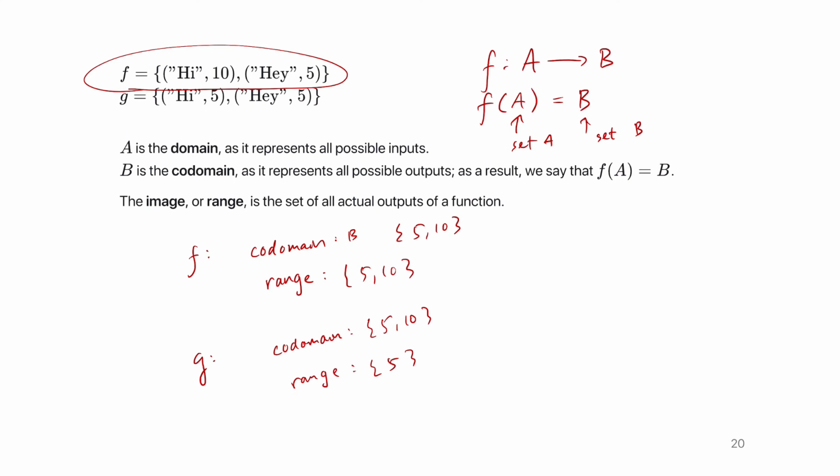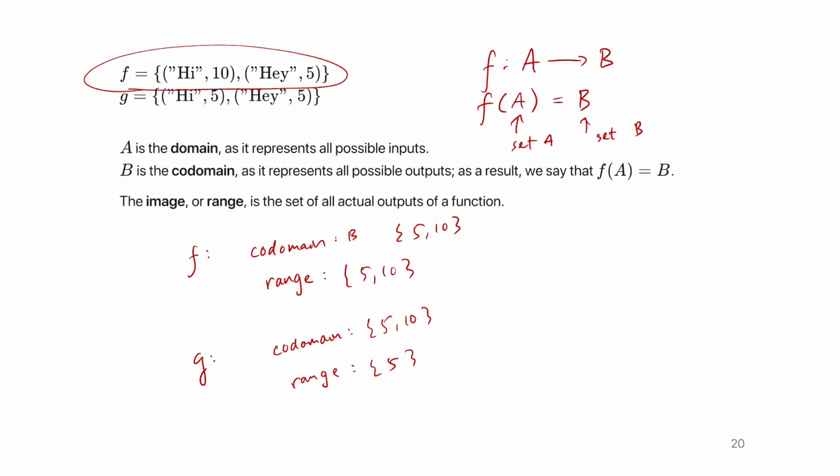Yeah? You said that every element in A has to have exactly one element in B. Yeah. But is it possible for functions to have discontinuities? That's sort of outside the scope of the definition of what we're talking about right now. That's more of a calculus type of question, if that makes sense.